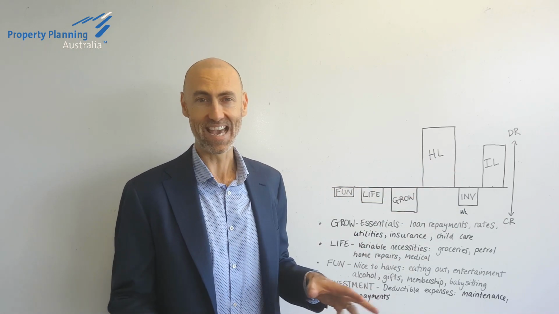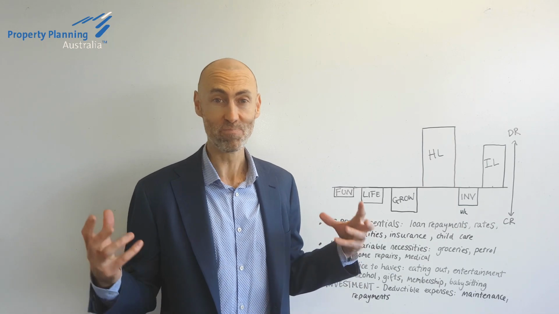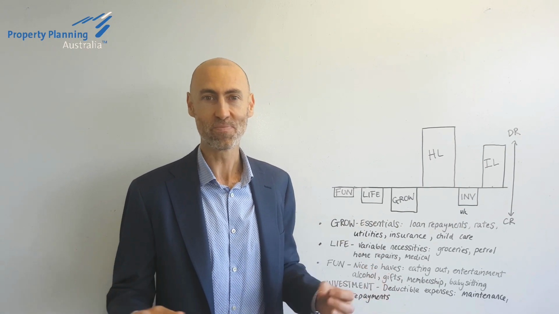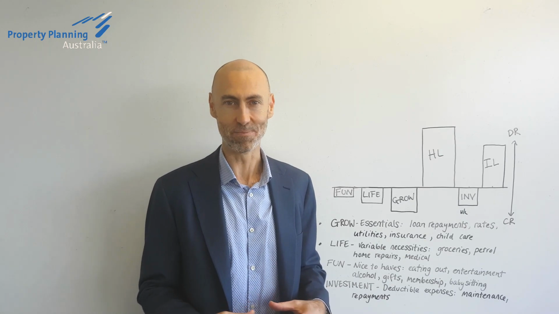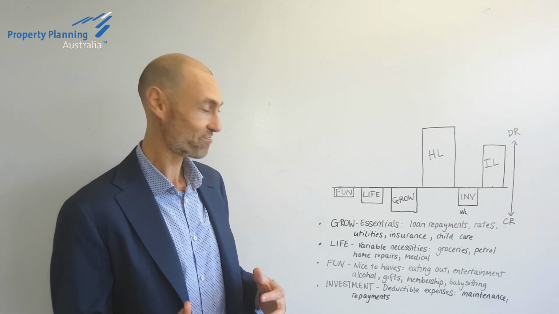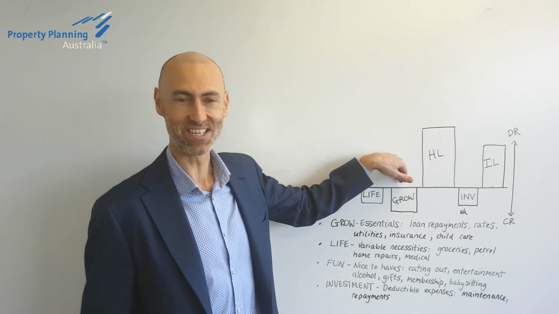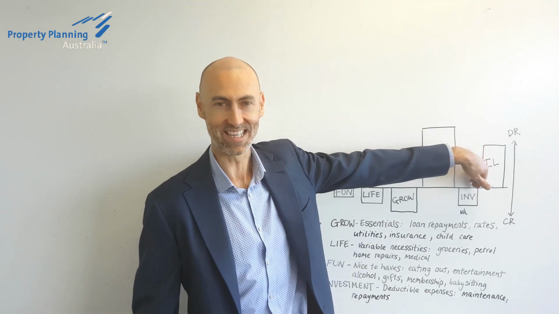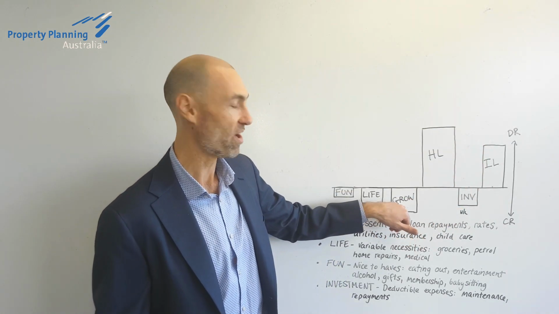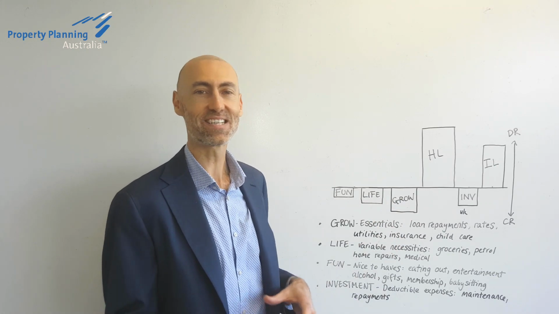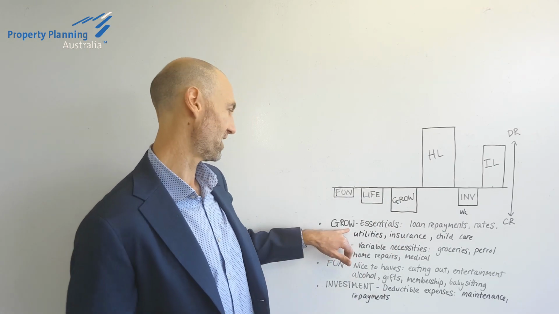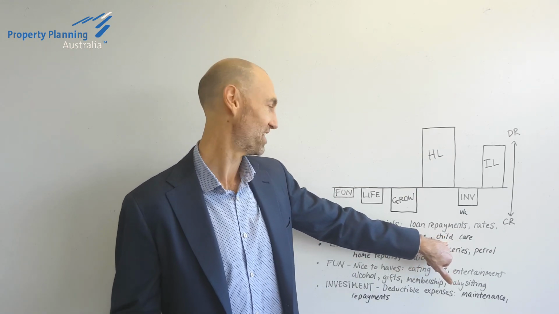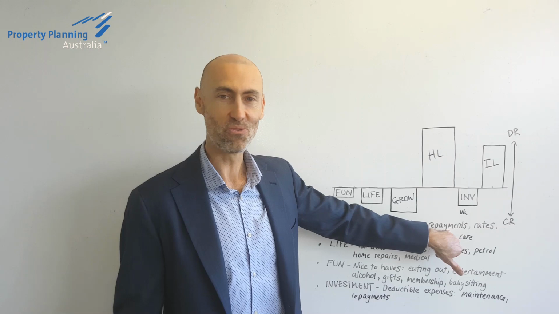There are a number of lenders now who allow you to have multiple offset accounts, and they should be searched for as an option if you want to set up a money management system with clear feedback loops. Okay, so your salary goes into the grow account and your investment income goes into the investment account. In the grow account, we pay for our fixed expenses, things like utilities, insurances, childcare, kids' school education, loan repayments,